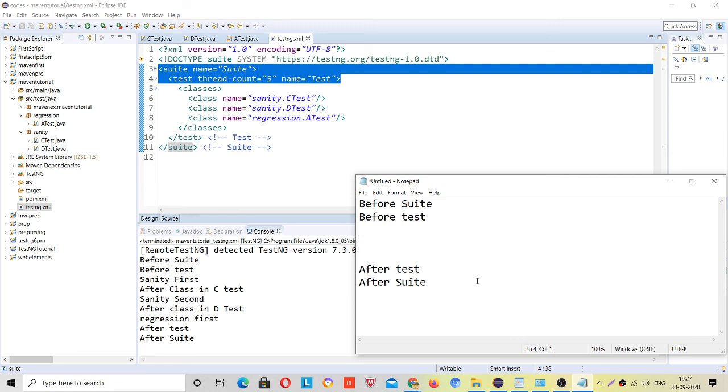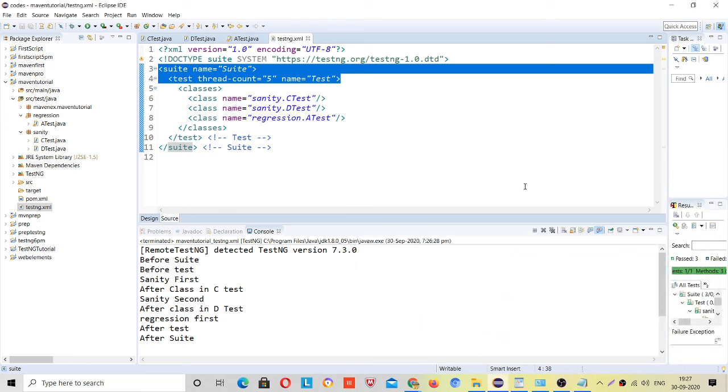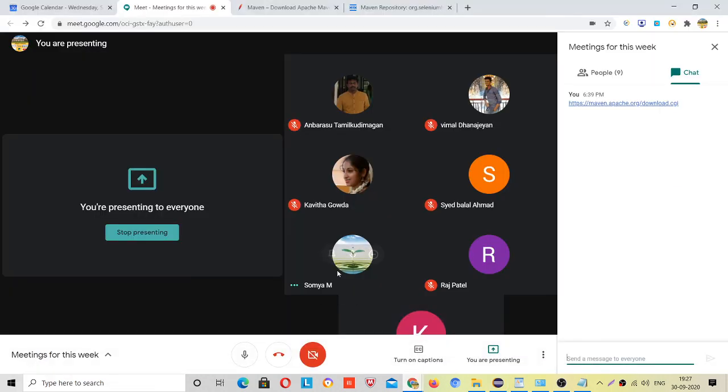Whatever comes will come in order. First of all the class will be completed, so after class, and before class, and after class, then @Test. Then if there is any @BeforeMethod, this way it will execute. Anybody else?